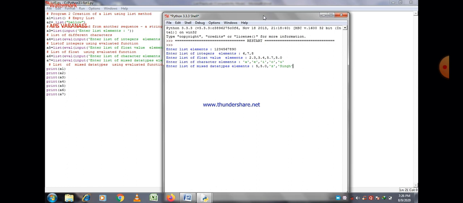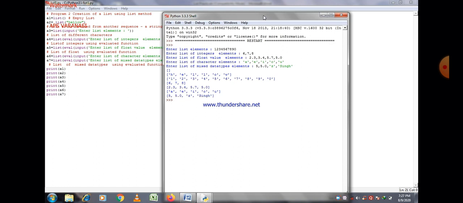So these are our outputs. Now you can easily see that different values are shown here according to the output. So that is the purpose of the evaluated function.